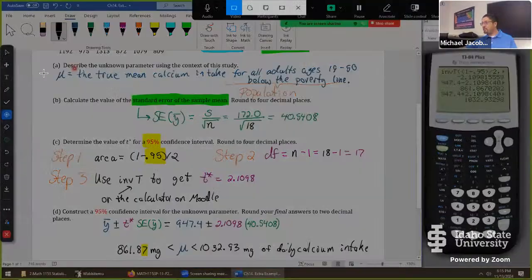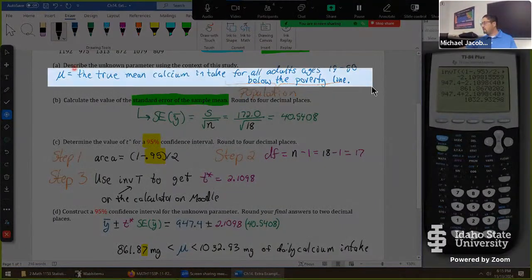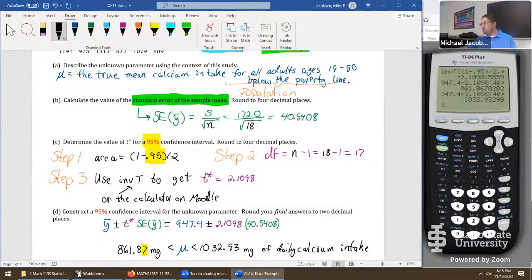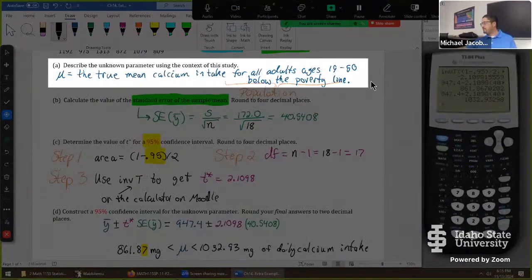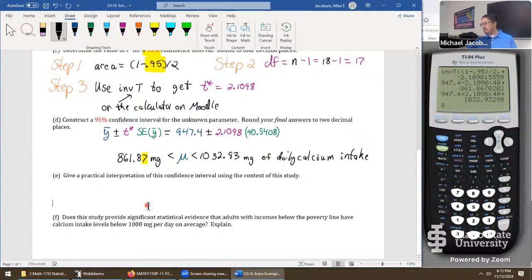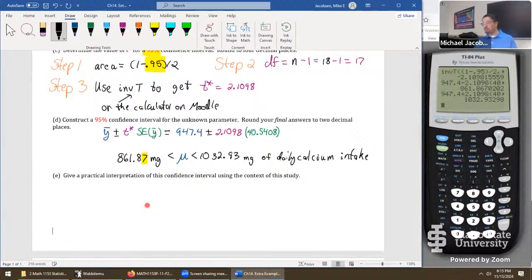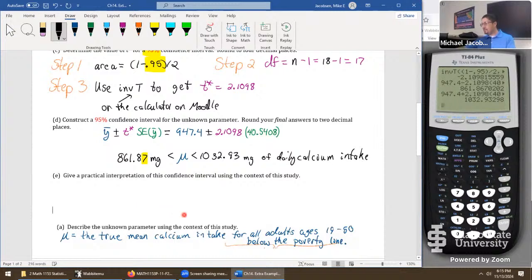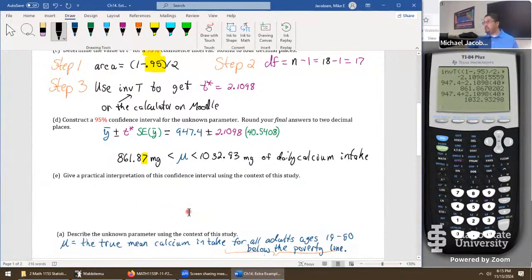I'll just take that as a screenshot. As a better screenshot. Note that there's a part F on this one. We'll get to that later. Let's just hide it for the moment. We want a practical interpretation of the interval we just calculated. Excuse me. So we can begin by saying something along the lines of, we are